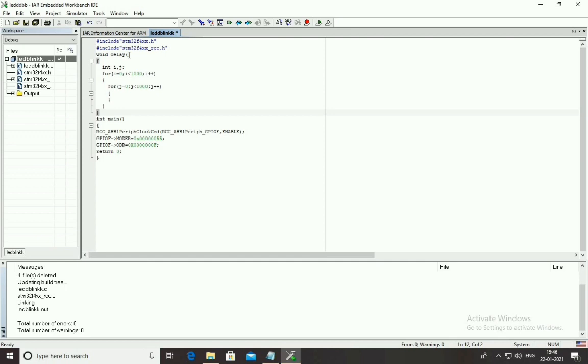After you type or define the function, the next thing you have to do is call the function.